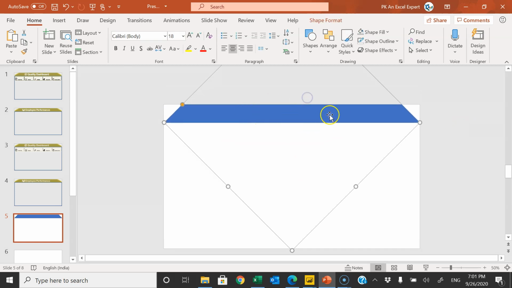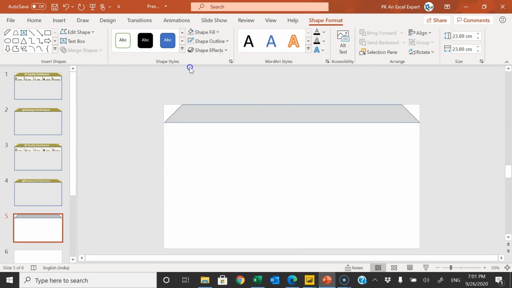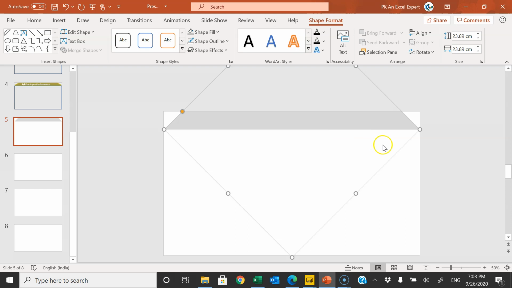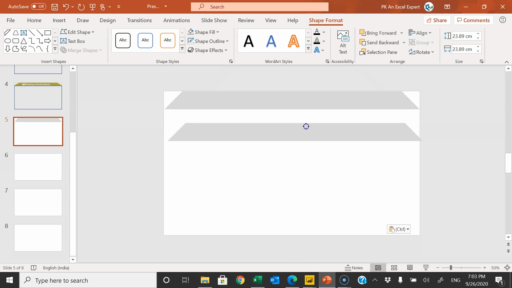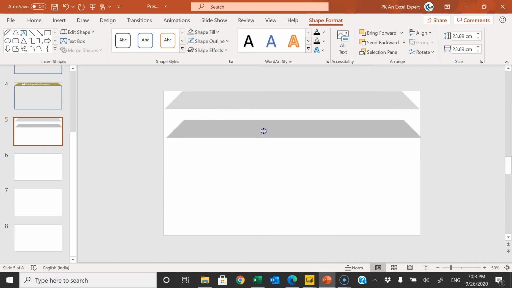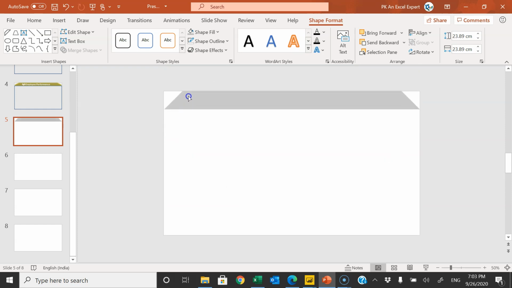So we will fill some color here first. So let me fill, let's say this gray color, or let's take little lighter color. Shape outline, let's take no outline. Just select the shape, copy and paste, and we have created a duplicate shape. Now I'll go to the shape fill and we'll fill little darker color. Let's take this one and just keep this here, and we will pick this yellow handle and move to the right side slightly.